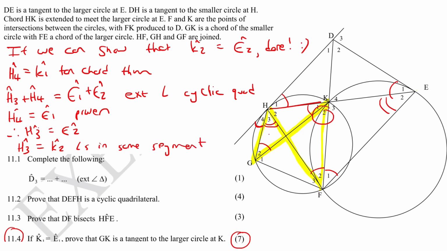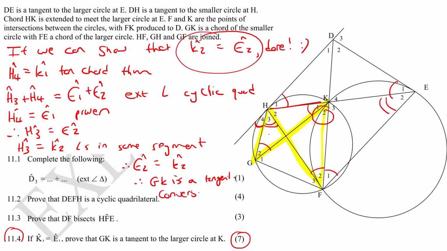So what we've said is that H3 is the same as E2, but H3 is also the same as K2. So therefore, E2 must be the same as K2, and so therefore, that is exactly what we wanted to prove. We can then therefore say that GK is a tangent, and that's going to be converse tan chord